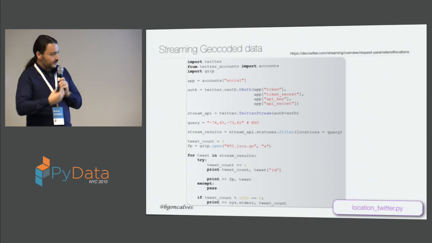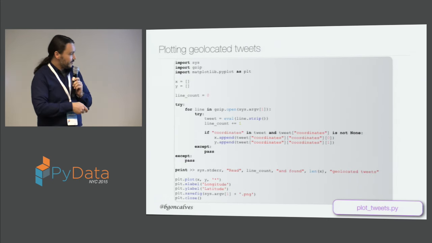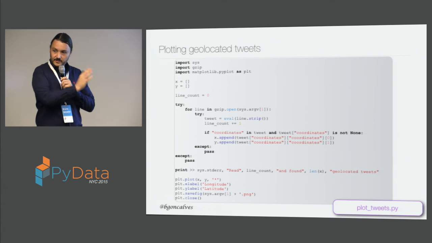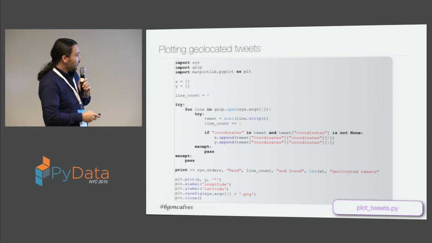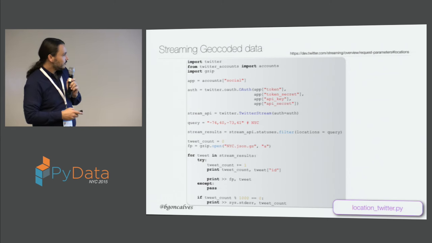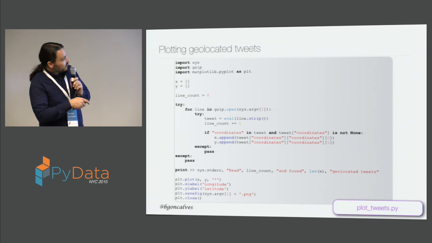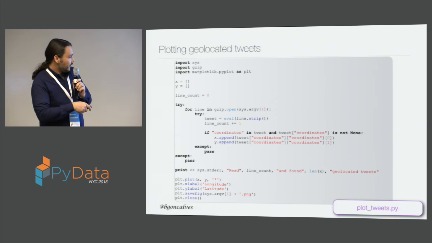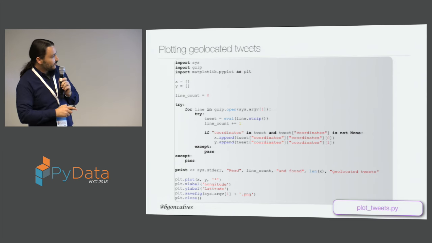So, this will give you a bunch of tweets in real time, restricted to this location. This is just a little simple script I wrote just to plot them, just to see where the tweets are. So we were searching for tweets inside New York City within that bounding box. You will remember, the bounding box is between minus 74.40 to minus 73.41, so it's basically 1 degree by 1 degree. This will just open that file, extract the tweet, look for the coordinates, and then just plot it using matplotlib. Just the simplest thing you can do,